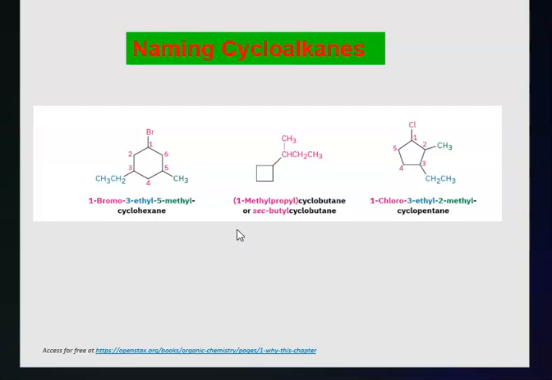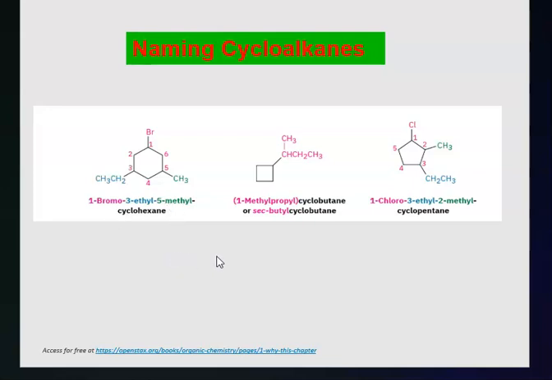A few more examples here. This is a cyclohexane with 3 substituents. Here we are highlighting the importance of putting them in alphabetical order. So bromo comes first, and then ethyl, and then methyl. So even though you numbered 1, 2, 3, 4, 5, 6 in this way anti-clockwise, you will always place the